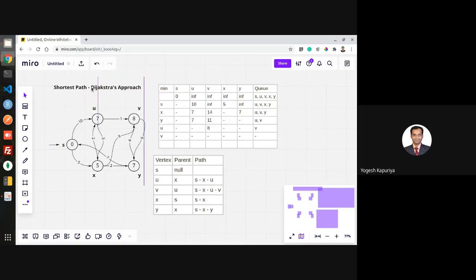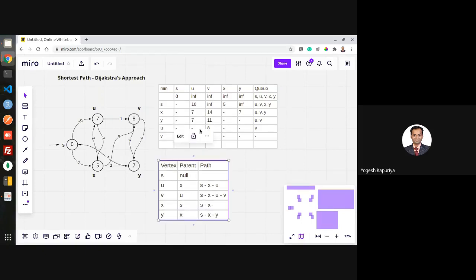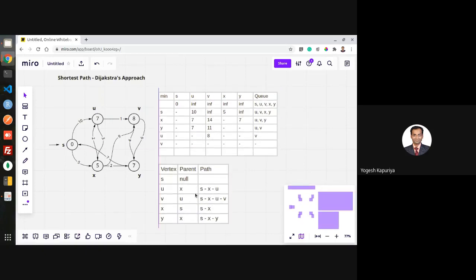Okay. If you observe, it is pretty similar to what we have done in Prim's algorithm. The only difference over here is that instead of the key value you maintain in Prim's algorithm, you are actually maintaining the distance value. I hope it's clear. And as the time is up, we will be discussing the actual algorithm in the next class.